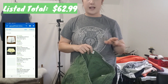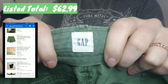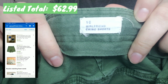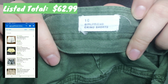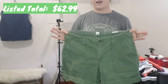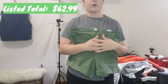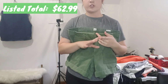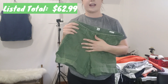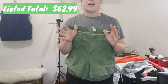This is what happens when you go blind shopping, meaning I didn't do comps. I picked up these pair of Gap shorts. We all probably know what Gap looks like. These are the size 10 girlfriend chino shorts. So the reason I picked these up was because I like the color, and I came in with the mindset that because I wasn't going to do a lot of comps, I just wanted some things to keep an eye out for, and one of those things was summer shorts to start preparing for that. And I love picking those up at the bins because even when they're denim material or a chino khaki like this, they're still super lightweight, and picking them up from the bins is great because usually I'm selling shorts